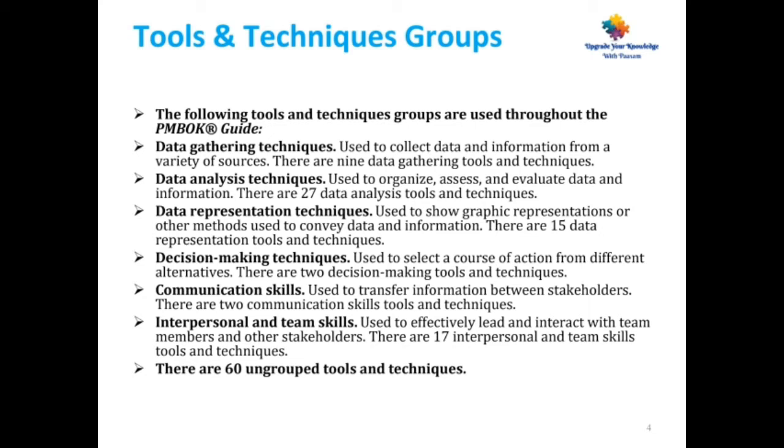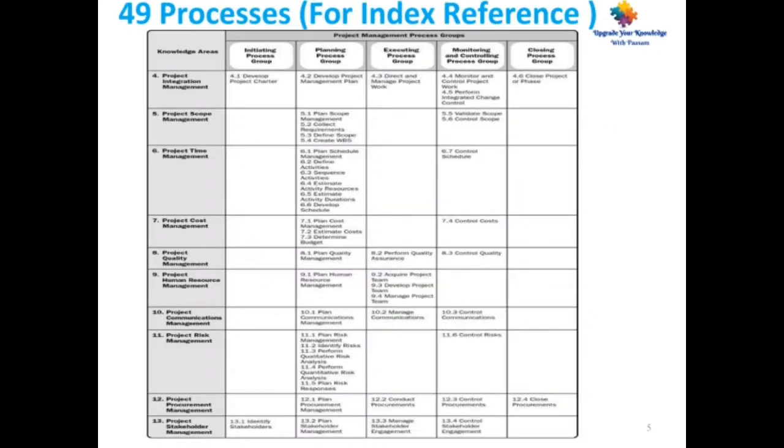If you have not watched part 1, please refer to part 1 of my tools and techniques groupings. I suggest you familiarize yourself with all the 49 processes and the index numbers to crack the tools and techniques questions, the scenario based questions in the final exam. If you are familiar with the index numbers, it is easy for you to eliminate the wrong knowledge areas, and it will be helpful for you to identify the correct process group as well as the knowledge area.